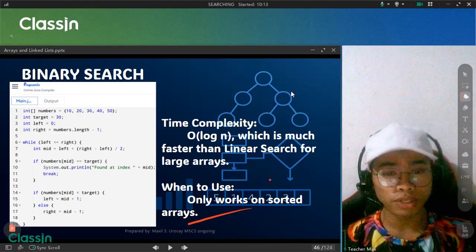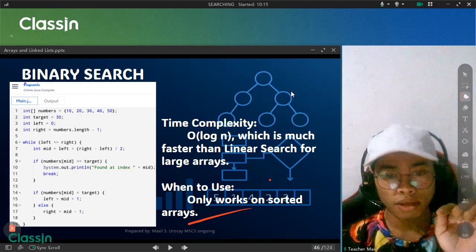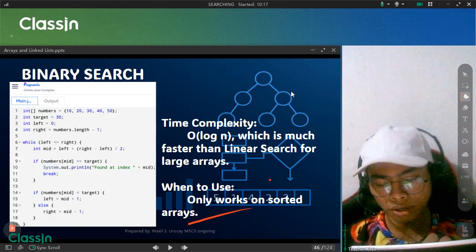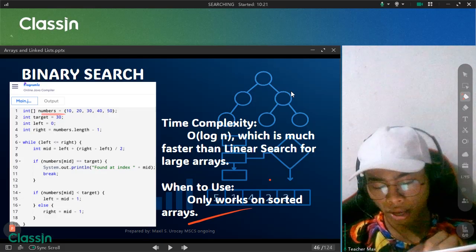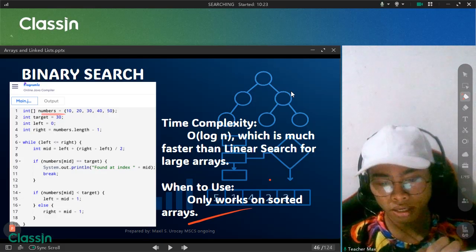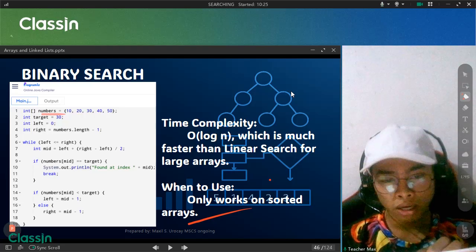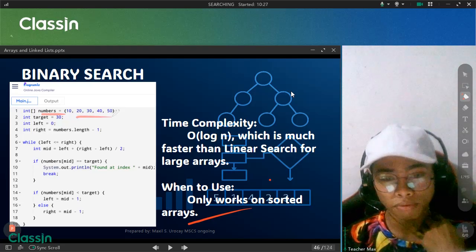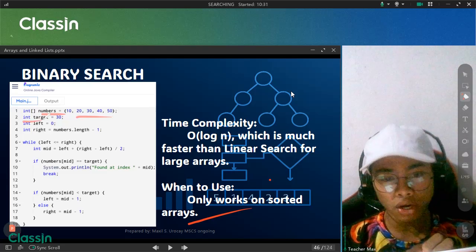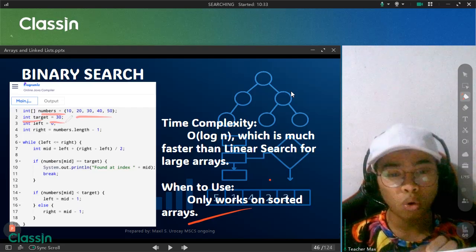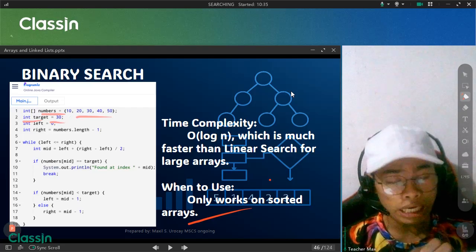That is our focus here. But let's try to read the code here then. We do have the numbers array, initialized with the elements 10, 20 up until 50. The target variable that we initialized here is set to 30, which is the element we want to find in our array.